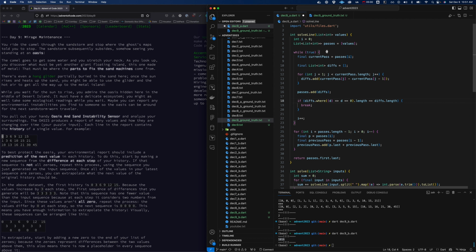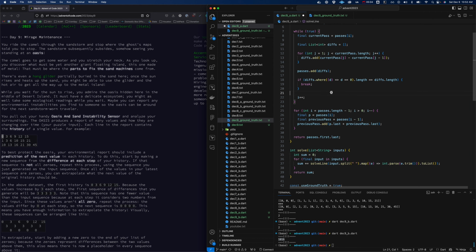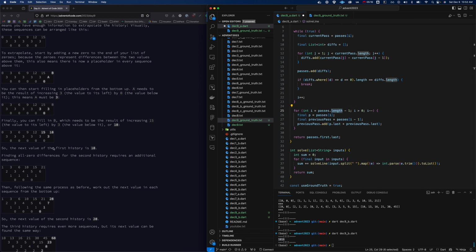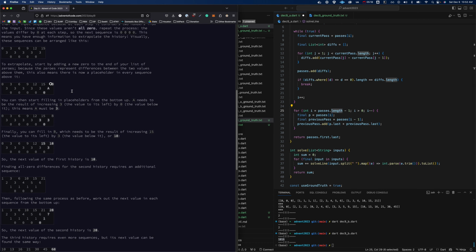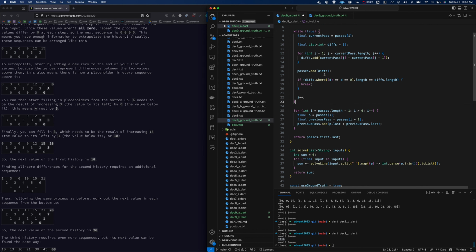So that's essentially us just getting the differences of these things. And then essentially we're going to loop through all of our passes. We're actually looping through it in reverse order. So we're starting at I as basically the number of passes it took, because what we need to do is sort of build this back up. So if we look at the example here, on the first pass, because we're starting here and our passes, we're